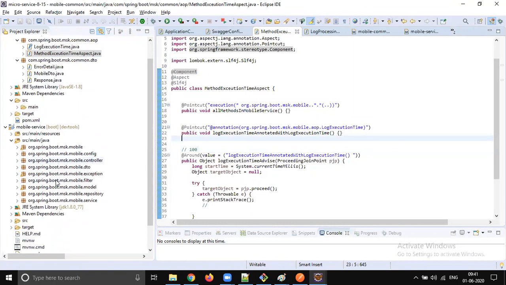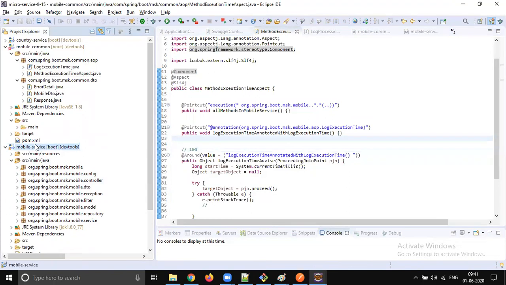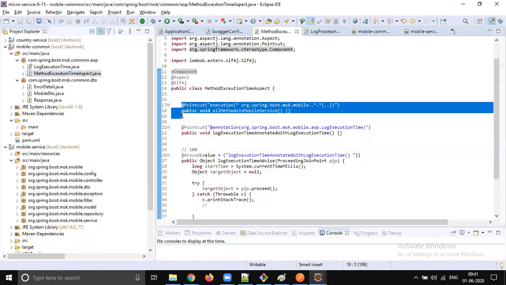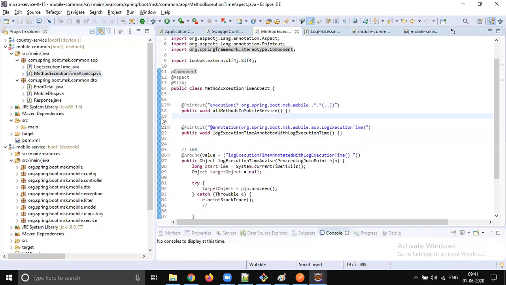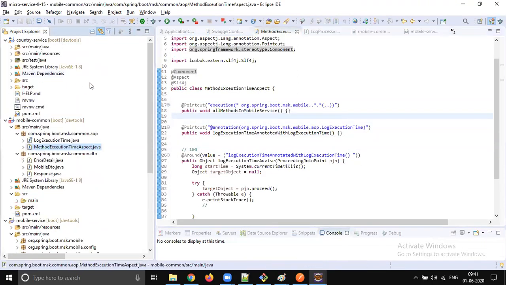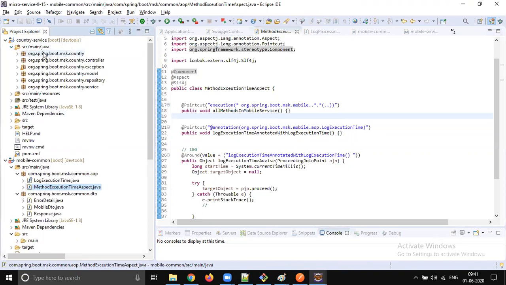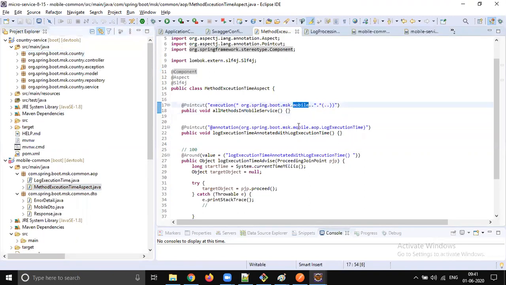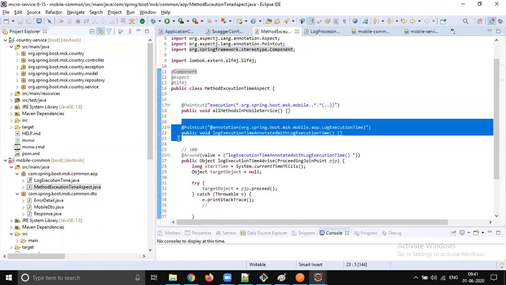Now the mobile service is going to take aspect functionality from common. This is commonly required. It works for mobile because we wrote the pointcut, but it won't work for country because the country package name starts with country.